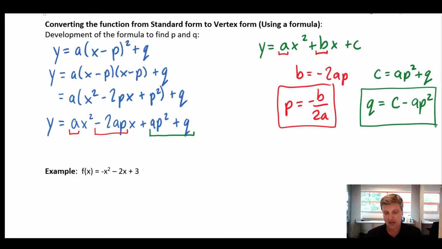Now, worth pointing out that I will know A and B and C because I can just read them right off the standard notation equation. I'll need to find P first because this formula here I'll be able to find with just B and A. But to find Q, I have to solve for P because it's part of that equation. So let's